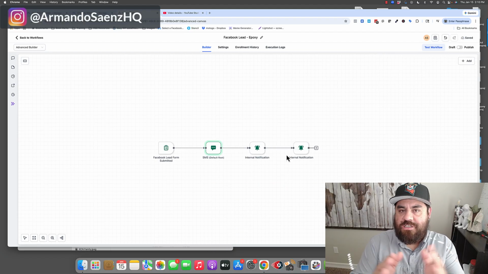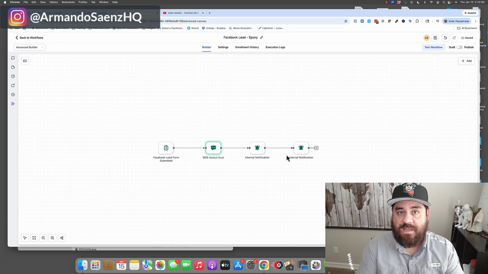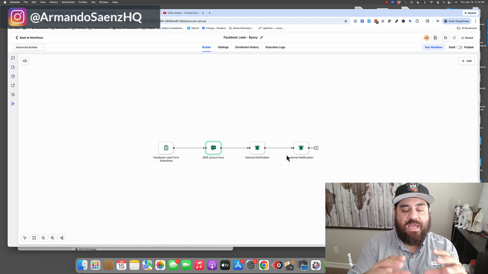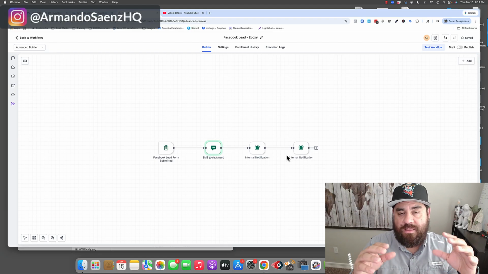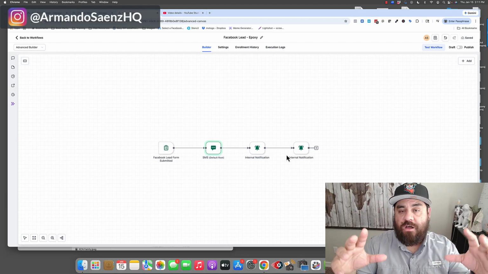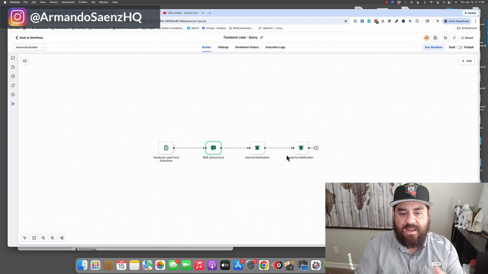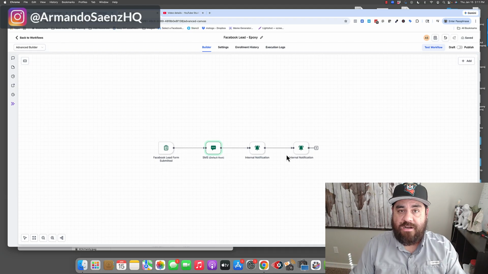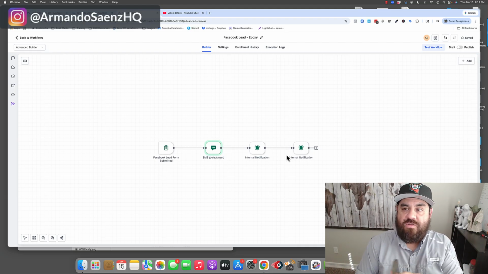So at this point right now, we have a Facebook lead ad that is connected to a GoHighLevel account. The form has been filled in. The moment a form gets filled on Facebook and these people become a lead, they will automatically enter GoHighLevel. A contact record will be created with their name, their email address, and whatever other lead information I wanted so that I can see it. A text message will instantly go out to them. Notification will go to my entire team, and a text message notification will come out to me as the owner of the business,